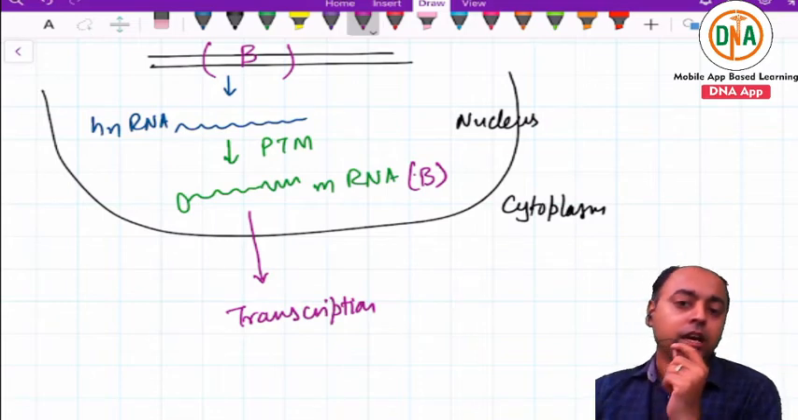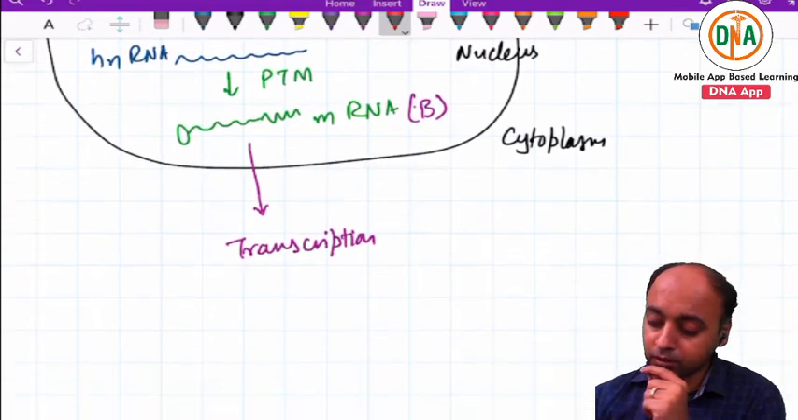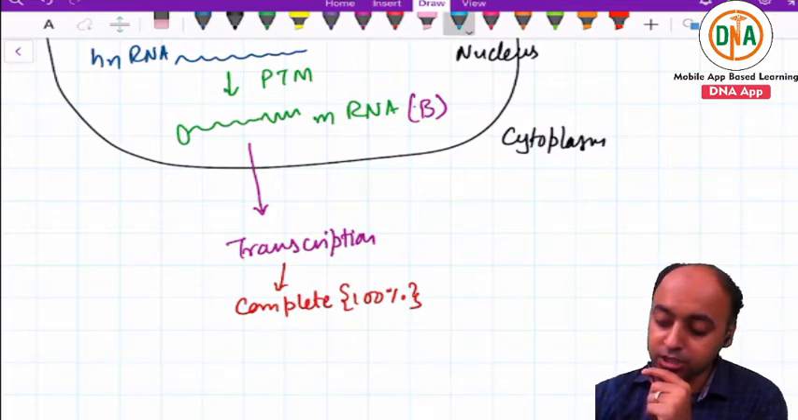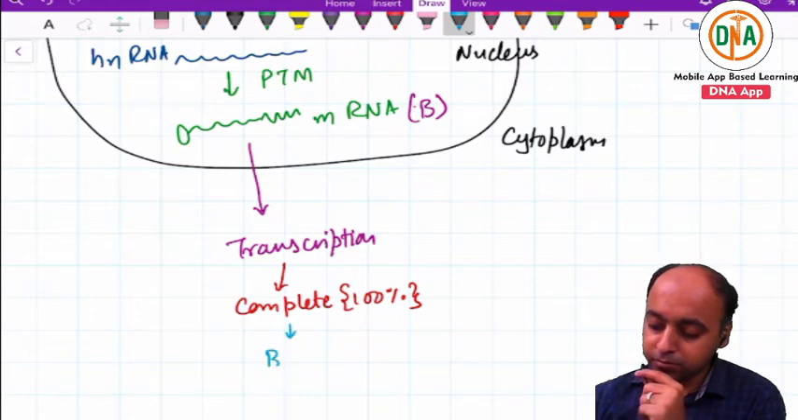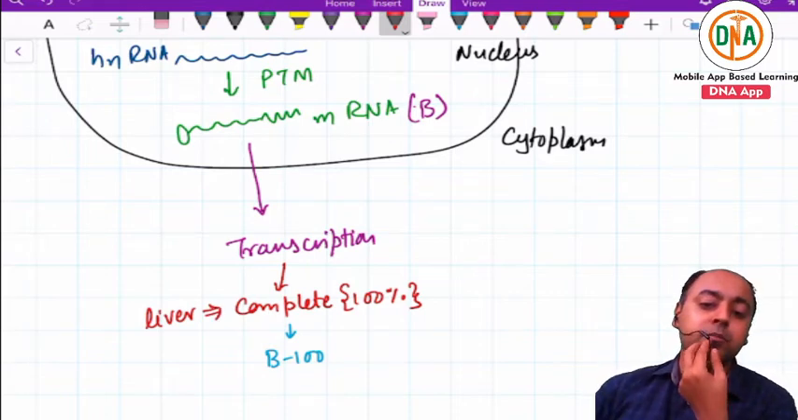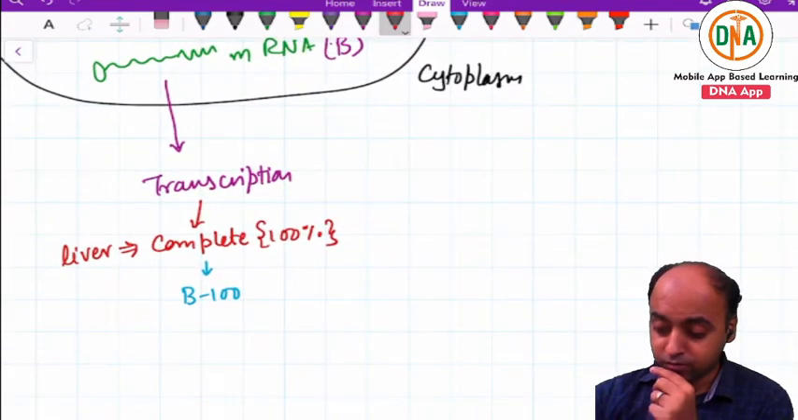Alright, in the liver, the transcription is complete. In other words, 100% translation takes place and we get B100. This is occurring in the liver. In liver, the translation is complete 100% and we get the B100. However,